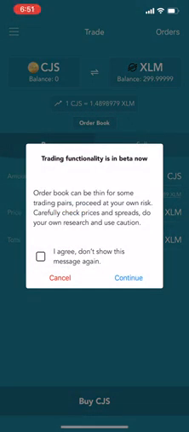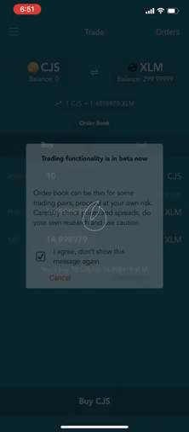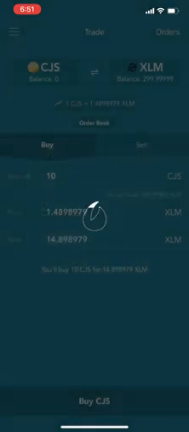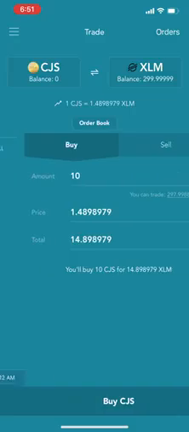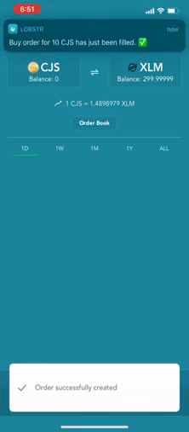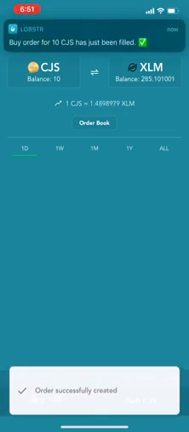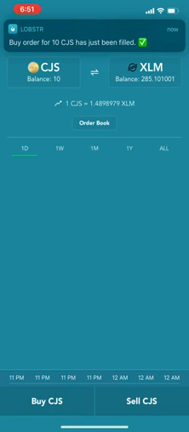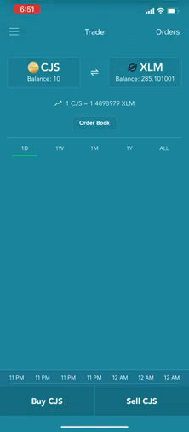Then click buy CJs. They have this beta for their trading functionality. You can just hit agree and continue because you know what you're doing. You hit continue. And there we go. So now we have 10 CJs, and the reason it says the buy order was filled